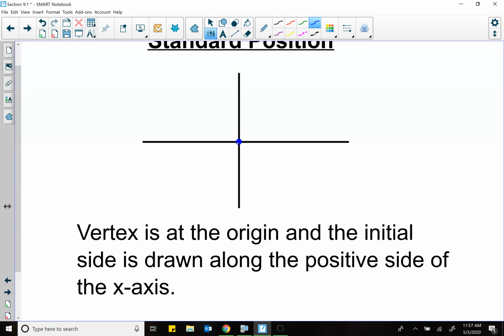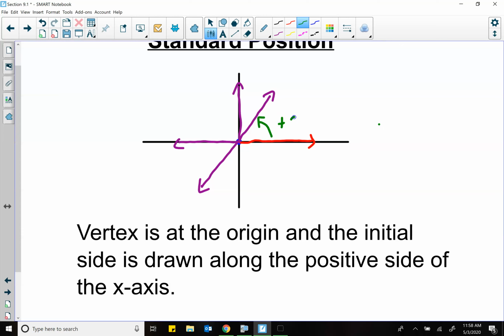And the initial side is drawn along the positive side of the x-axis. So my initial side, just like what I talked to you at the beginning of this video. So there's my initial side. Standard position means that then somewhere out here is that terminal ray. Okay? So maybe it's there. Or maybe it's along the y-axis. Or maybe it's along the negative side of the x-axis. Or maybe it's out here in the third quadrant. And again, in standard position, we are generally rotating